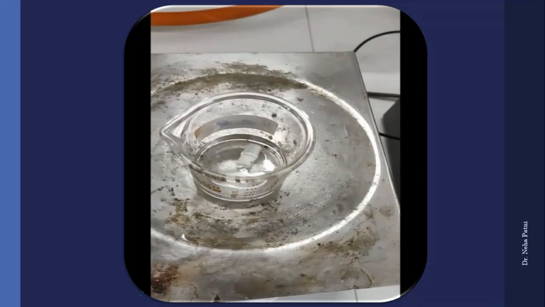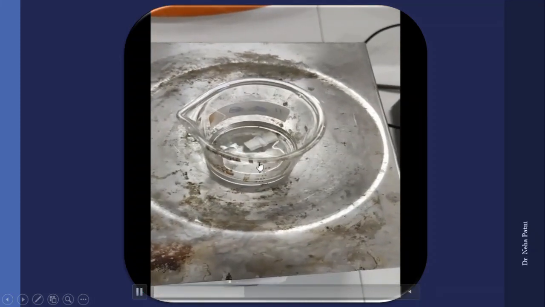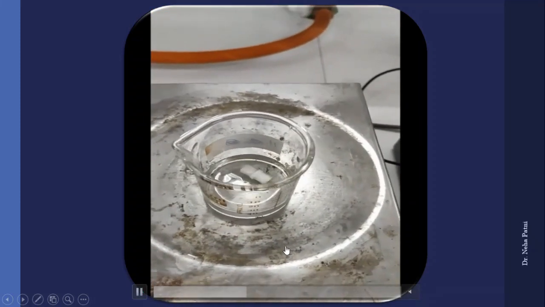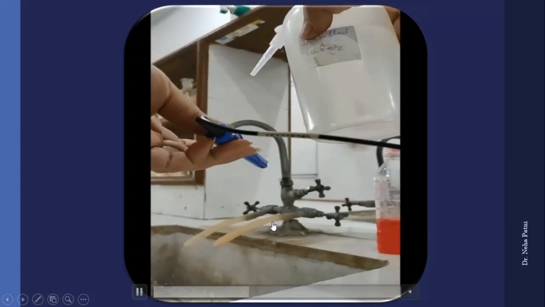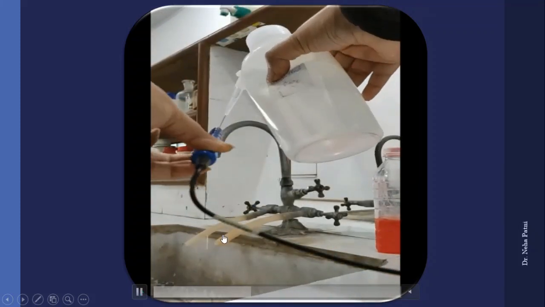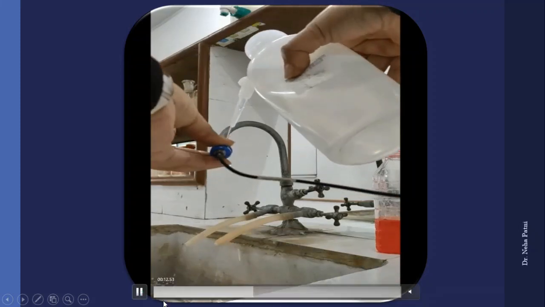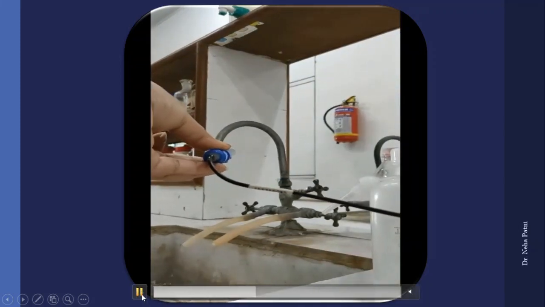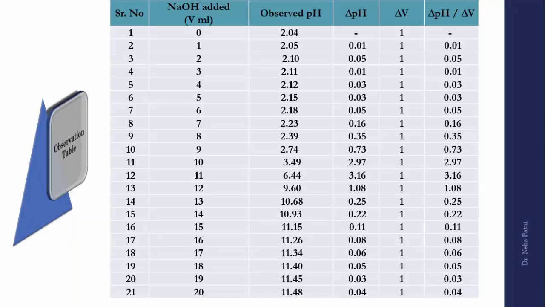Outside it's a Teflon coating, so that is why you see it as a white colored thing, but that is a coating to save that magnet from corrosion. Because what is there, it is a magnetic stirrer. So there is an iron plate inside, this is the magnet. What happens is when the plate rotates, this magnet rotates. So this is how it will work. It will work as a stirrer for us. And you have to now wash the electrode with distilled water. Distilled water is to be used throughout the experiment, because if you use tap water it may induce some pH.